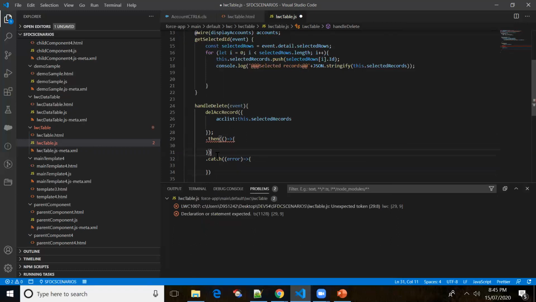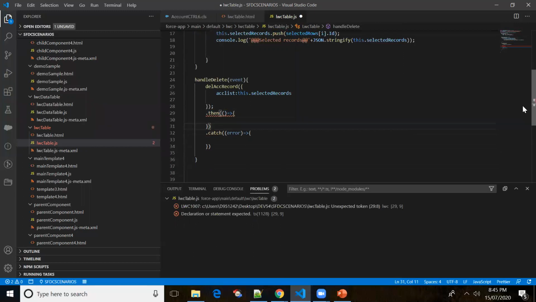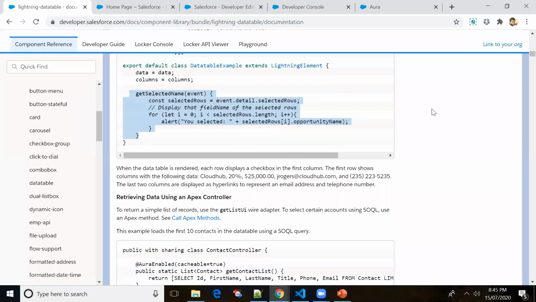Let me check, I think there might be some syntactical error. Line 29, then. Let me put a comma here. So no. Then catch. Let me check what it shows. It's just a syntactical error, so let me check the syntax.